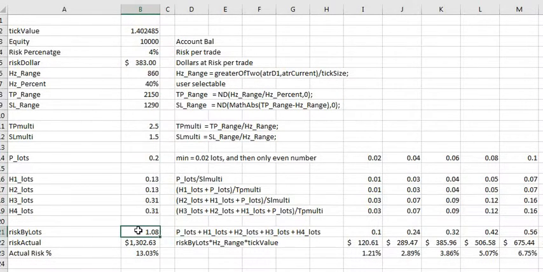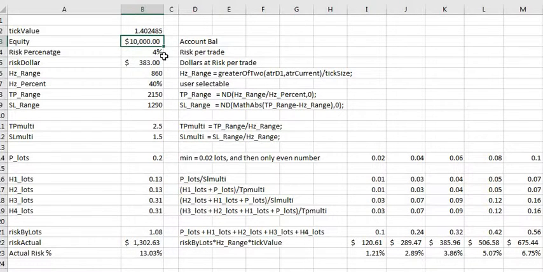So we know we've got 1.08 lots, and we know our total risk there is going to be $1,302 based on this formula here. You can go through that later if you need, but that's not really what I'm trying to show you. So on this particular example, our actual risk is 13%, because that's the actual risk dollar value divided by the account balance value,